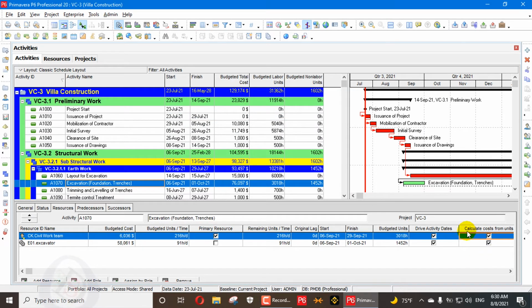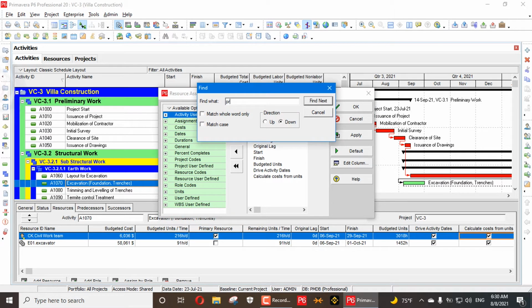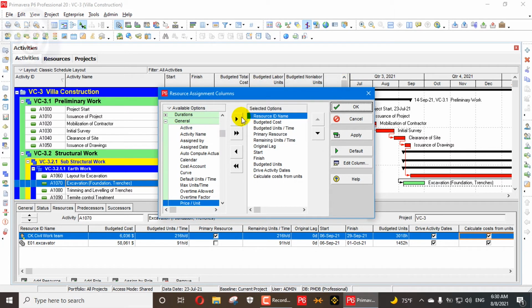So what does it mean? If this option, calculate cost from units, is activated, it will combine these two columns: the budgeted units column and units per time. There is one column missing. I will go here, and here, price per unit. This one is missing.